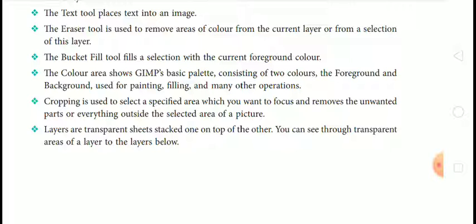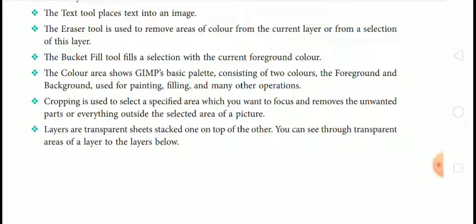The color area shows GIMP's basic palette consisting of two colors, the foreground and the background, used for painting, filling and many other operations.